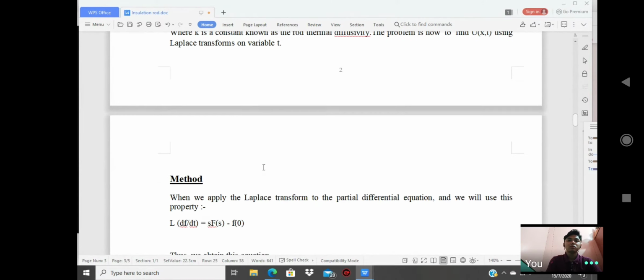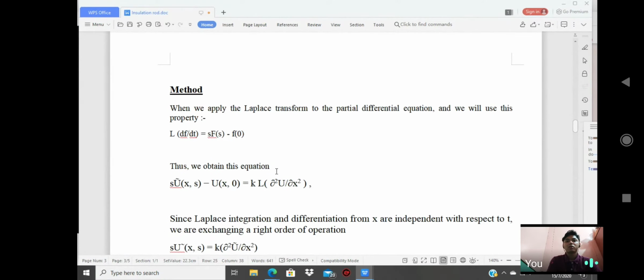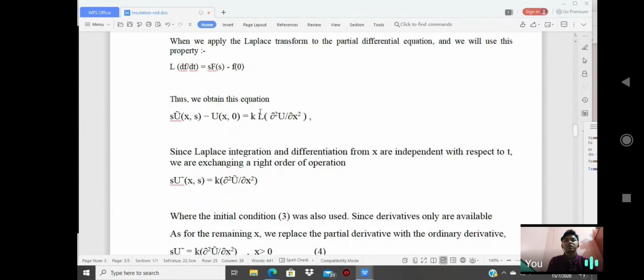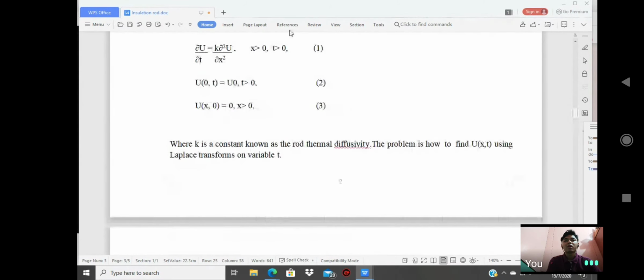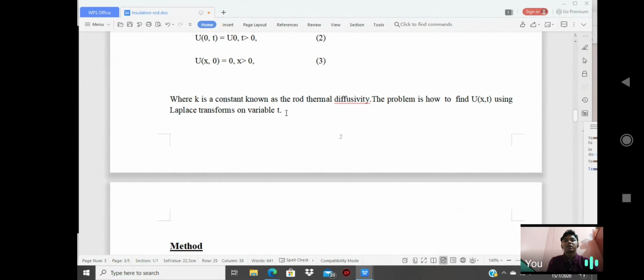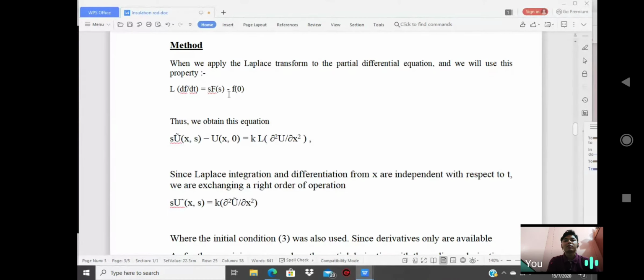So we get to the method. When we apply the Laplace transform to the partial differential equation, we will use this property: L is the sign of the Laplace transform of the differentiation of f with respect to t, which equals sF(s) minus f(0), where 0 is the time. Thus we obtain the equation. This equation is obtained by using the condition of t equal to 0, which we obtain from the third equation, and this one we obtain from